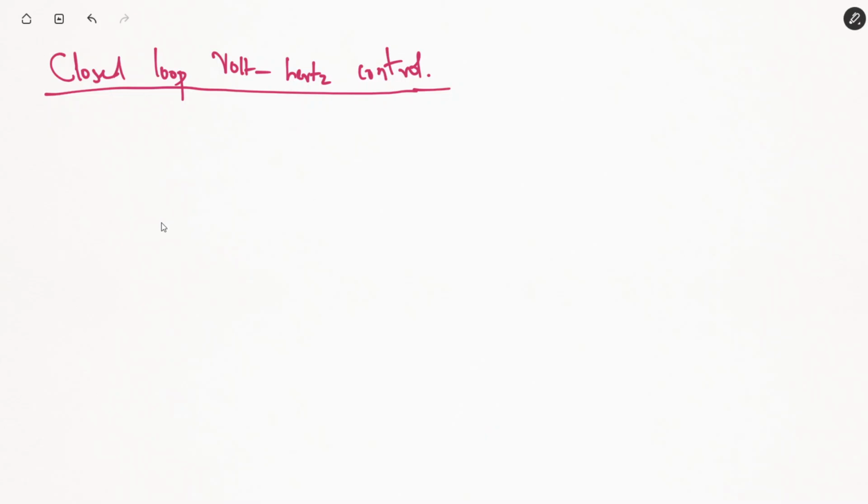So आपका जो circuit diagram होगा वो कुछ ऐसा होगा. You have a reference value of speed, compare it with measured value of speed using a PI controller.